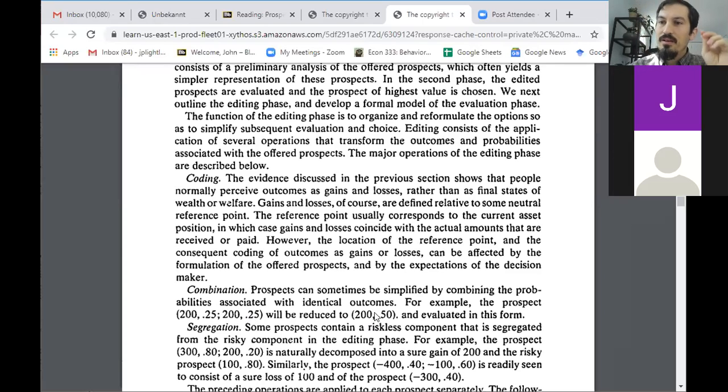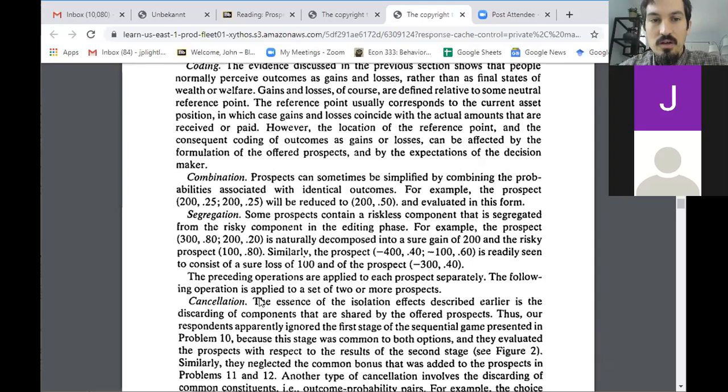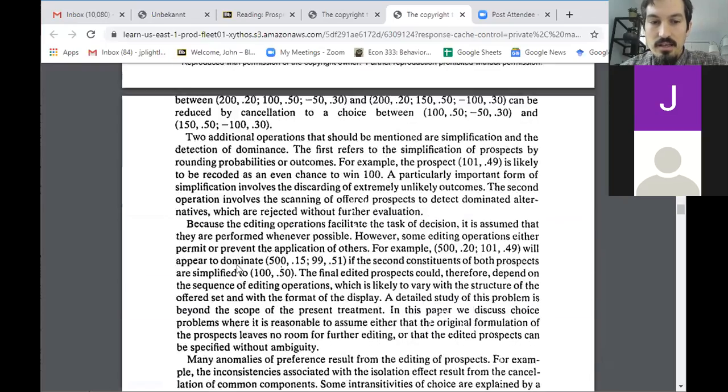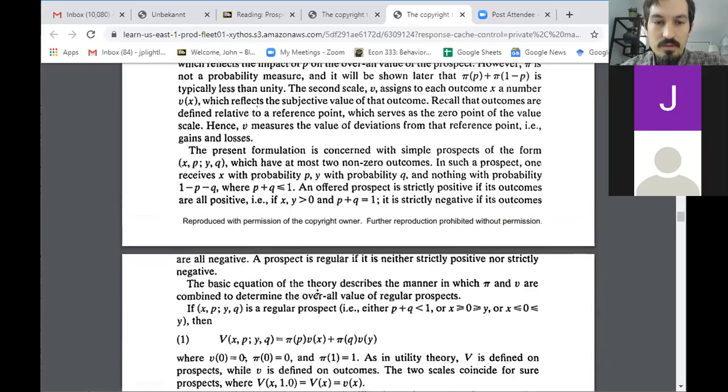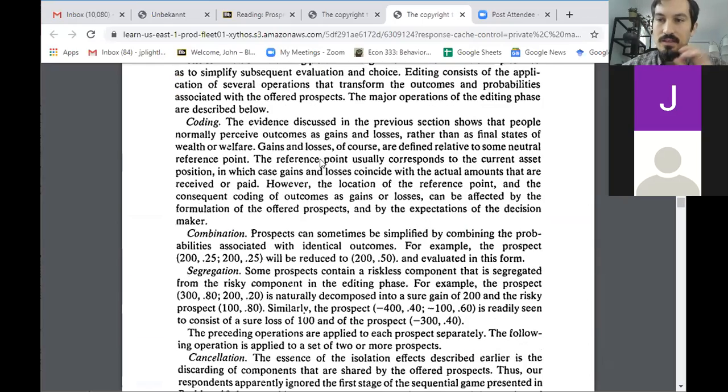In other words, you don't want to evaluate the probability weighting function at 0.25 and then evaluate it again at 0.25 because those are the same outcome. You should use the probability weighting function, but only do it at 0.5. Okay, and that's called the process of combination. By the way, I'm not gonna ask you to know about each of these different phases, the editing phases. Like there's coding, combination, segregation, cancellation. There might have been some more. Anyways, I'm not gonna ask you to give a list of all of these things. What I do want you to know is that